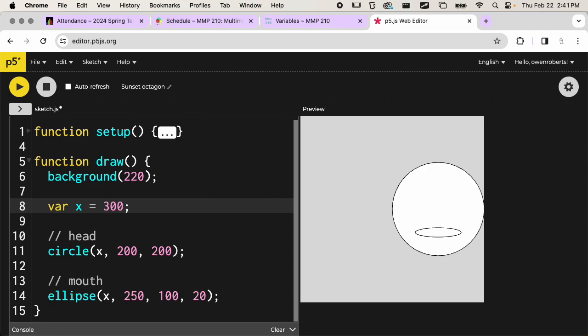If we have a bunch of x, do we only want to move head and mouth? Should I then console log right underneath mouth? No, console.log doesn't change the number. It just tells you what the number is. Console.log actually doesn't do anything to affect what we see on the program, what happens. It's for us as a developer to understand what's happening in our program. So if I have a bunch of x and I really want to move those two, how can I do it without altering all x